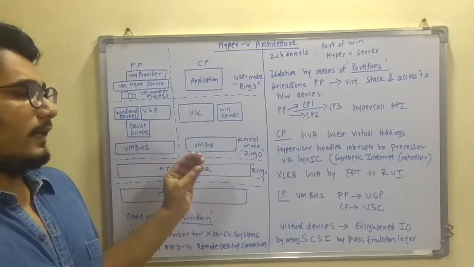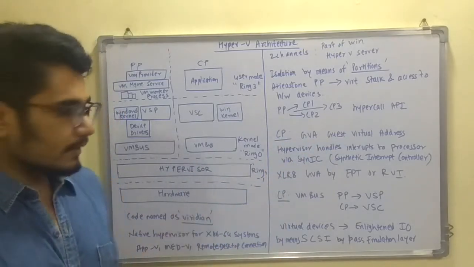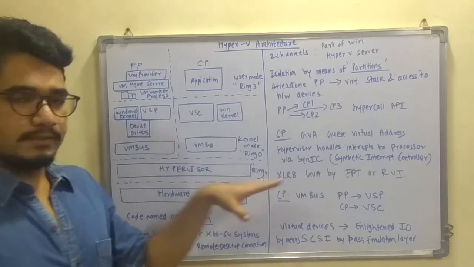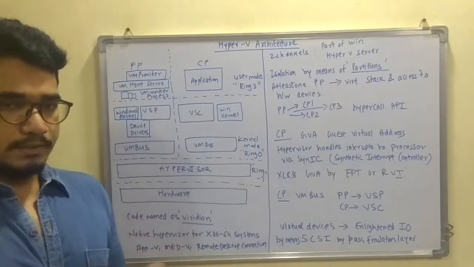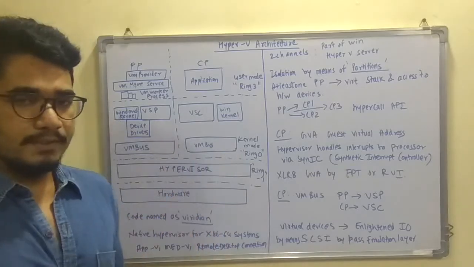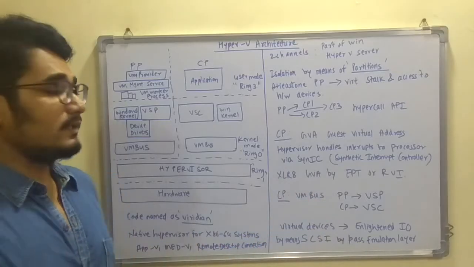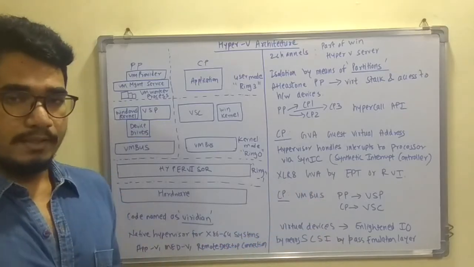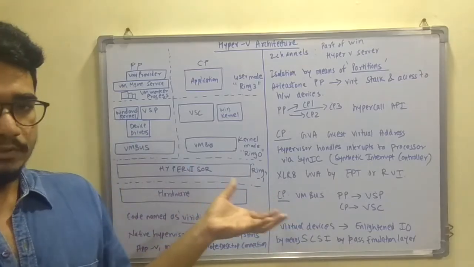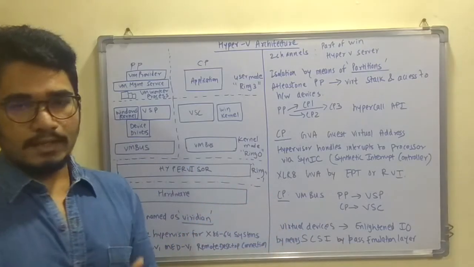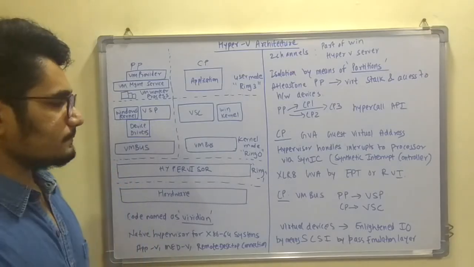Now, GVA does all the things by itself. If you want to accelerate this process, I've written accelerate GVA. You can accelerate this GVA process to an extended level by means of EPT. EPT stands for the extended page table, or by means of RVI, that is the rapid virtualization indexing. By means of these two, it can speed up this process of GVA assigning, or it can act as a catalyst, in fact, for speeding up this process.